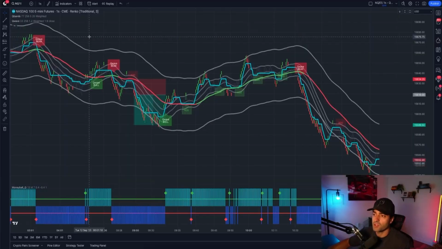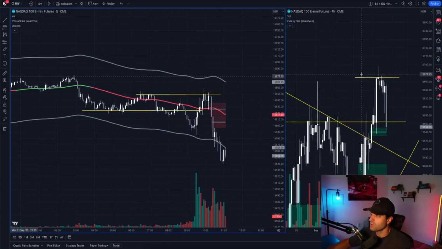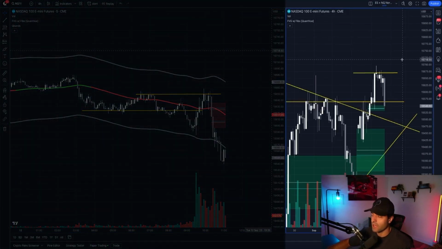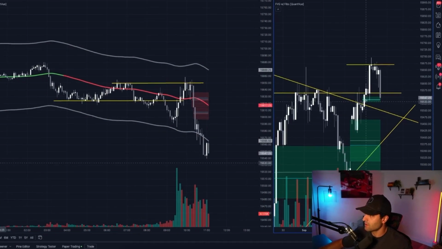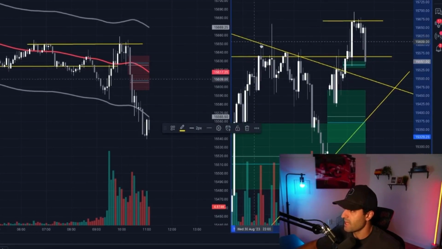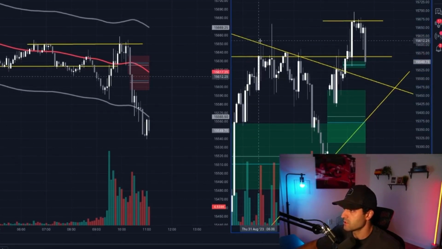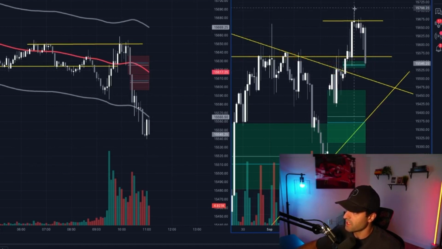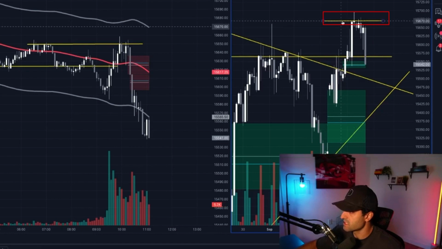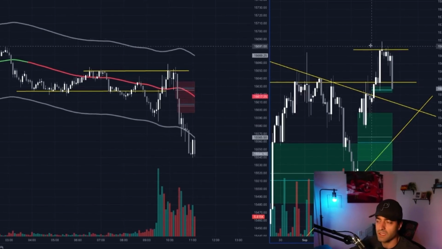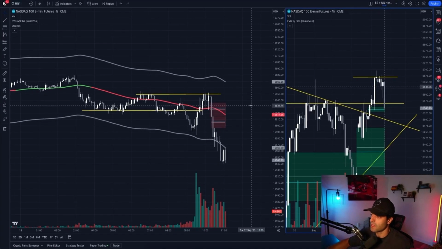So regardless of which market I'm trading, I always go over to a higher time frame with normal candlesticks. So in this case, I have the 4-hour NQ chart pulled up, few levels mapped out, pointed this out in our previous video. So I have this upper line here. This is just a downward trend line. And then I've got another upward trend line from the last week or so. As you can see, price was trying to break above this line multiple times. The other day, we ended up breaking above, formed this nice little resistance here yesterday and today. Took note of that because that will help guide me when I'm referring to these alerts on the Q wave